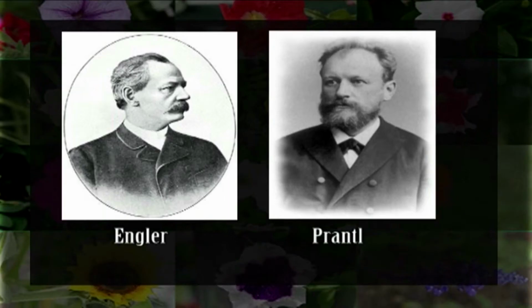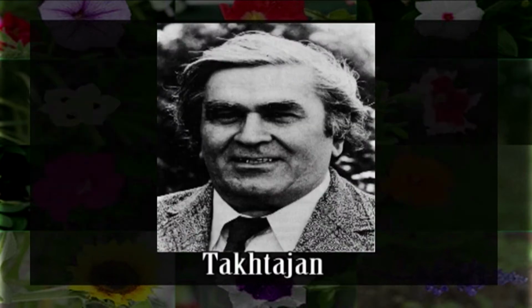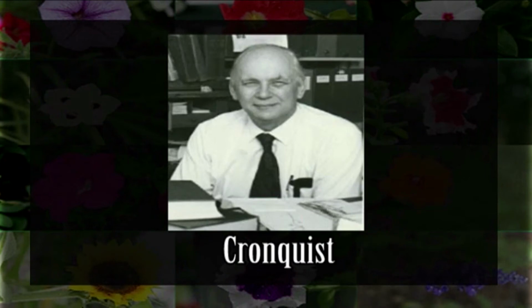For example, the Engler and Prantl system of classification was mostly followed in continental Europe. The famous Bentham and Hooker system of classification was followed in Britain and also the erstwhile British colonies like India. The Takhtajan system of classification was mostly followed in the former USSR, and the Cronquist system of classification was followed in USA. In fact, before the availability of molecular evidences, particularly the DNA-based characters, the classification of angiosperms